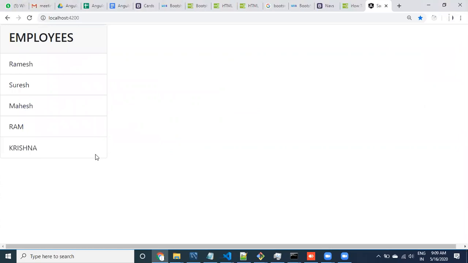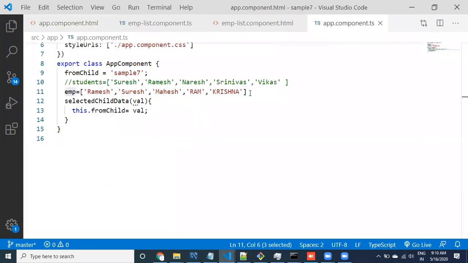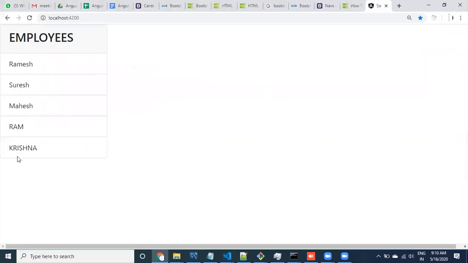Now I will change the data in the parent component. Automatically it is going to reflect in the child component. Why? Because the data is transferring from parent to child. Let us go to the parent component and provide some value, Shiva. So when I enter the value Shiva, it is going to get reflected as Shiva. See here, guys.